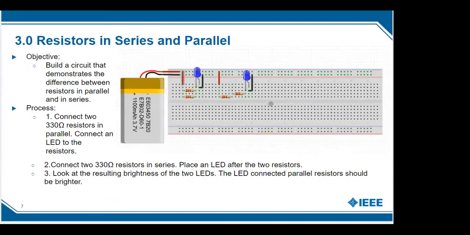And we have one last one. This shows how the current is affected by resistors in series versus 2 resistors in parallel. So the first part of the diagram, we have 2 resistors in parallel right here. And what that does when you put 2 resistors in parallel is the equivalent resistance then becomes 1 over R plus 1 over R. So you can see if we were to have 2 220 ohm resistors, then the equivalent